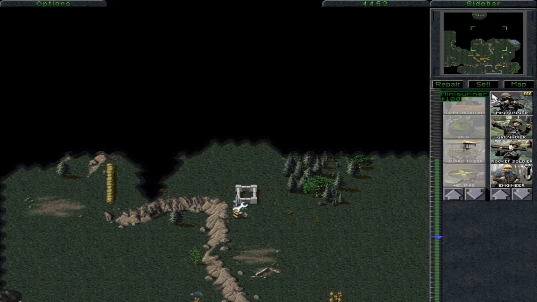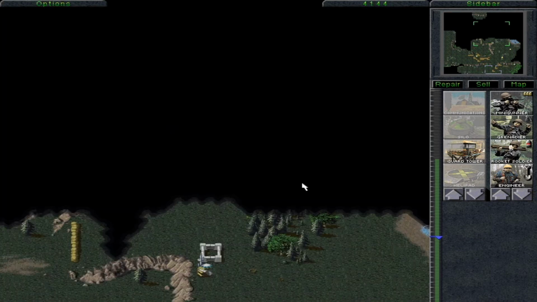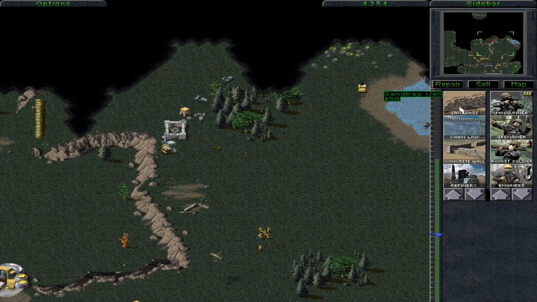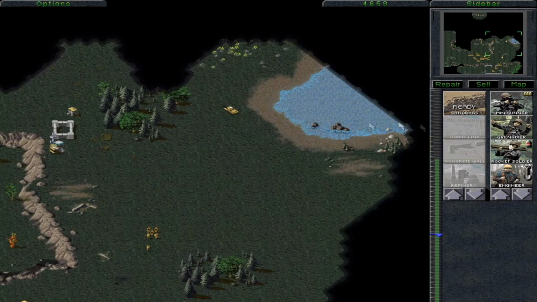But because infantry is involved as well, I just want to make sure there's a guard tower there as well. Of course, this is going to be nuked, and we are expecting it to be nuked, so you want to be watching your front line at all times. Construction complete. Again, if Nod are focusing on destroying the guard tower instead of the advanced guard tower, then that